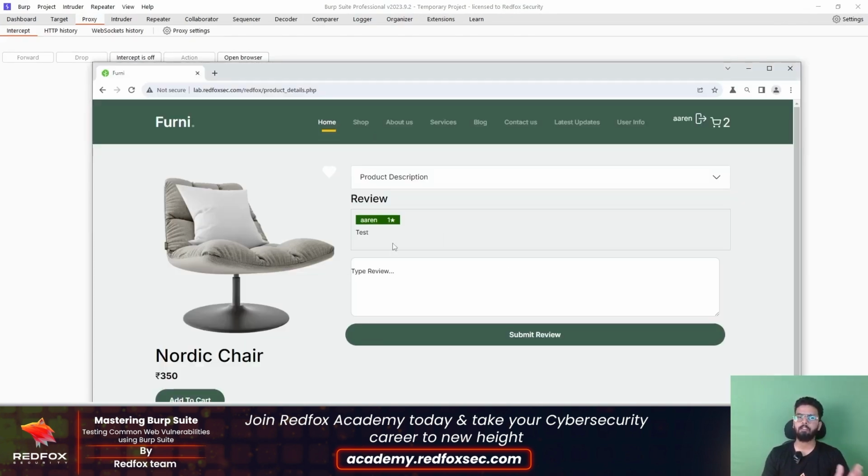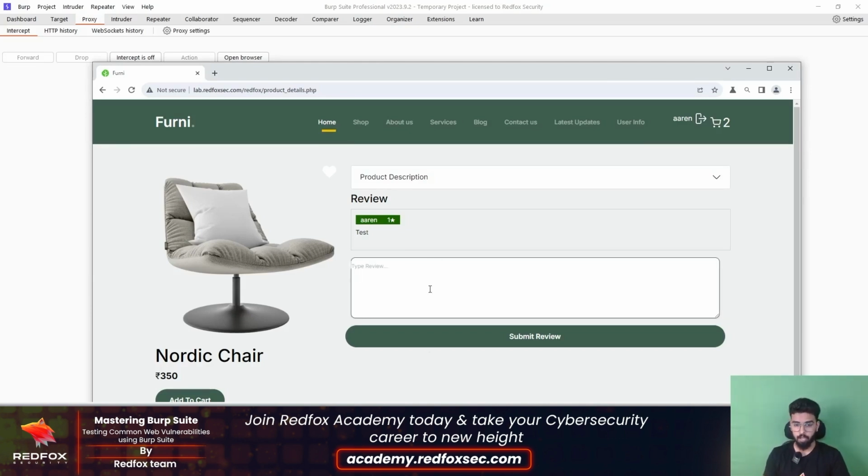So what if I turn intercept off or forward the request as it is? I can see that the web application is functioning perfectly fine, but we are web app pen testers and we really like to fiddle around with things a lot and mess around with the application. So what we are going to do is, I am going to say this was the administrator, and I want you all to please change